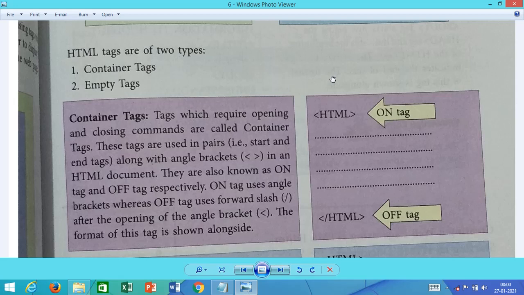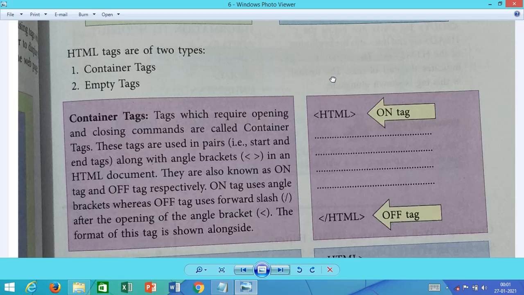That means the first one is <html> under angular brackets and the second one is </html>. When these two commands are used while writing a program, this is one of the tags in HTML.